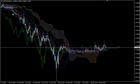I'm looking at the weekly chart of the pair, and I want you to pay attention to this long consolidation. This is the absolute stasis. We see that